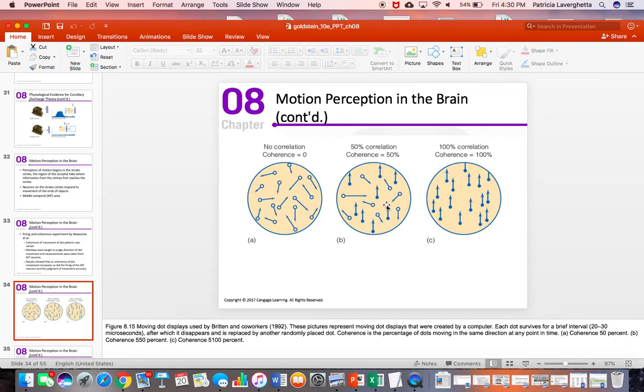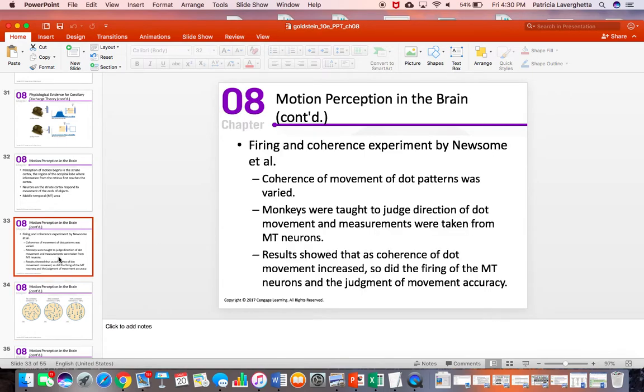So here you can see if there's a 50% correlation, that means half the dots in this case are moving upward. The remaining dots are all moving randomly. They're not moving in accordance with each other. 100% would be they're all moving in the same direction. And they would train them on this task. And they found that